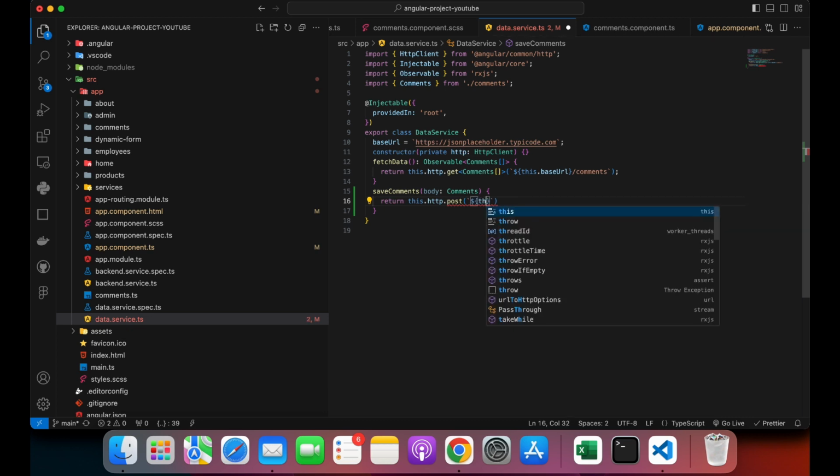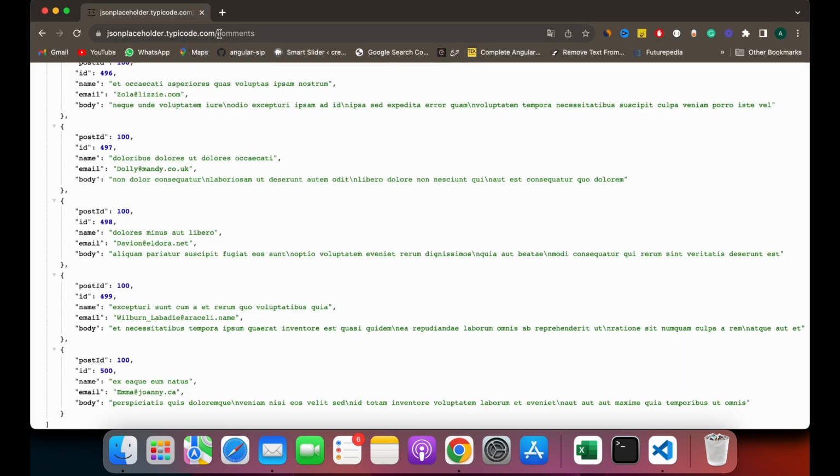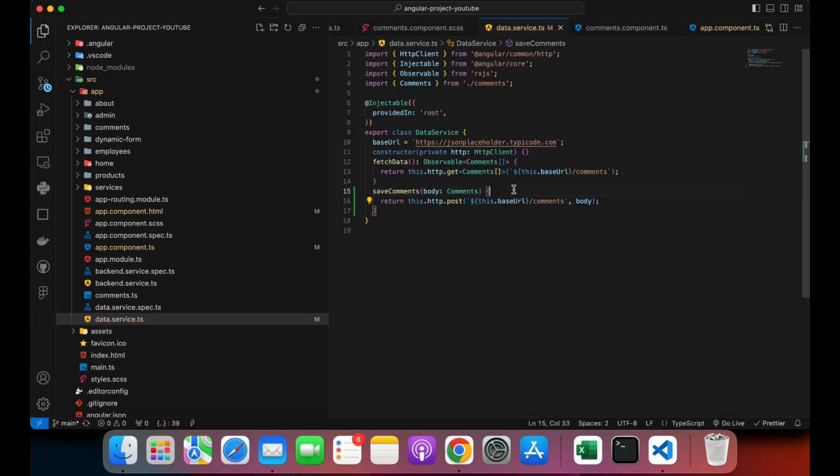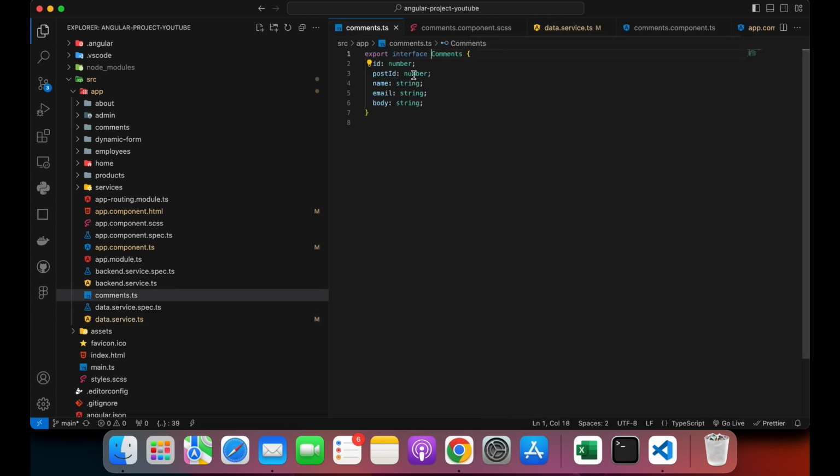So here we'll just pass the base URL and comments because we are sending the data to the comments, and the second parameter is the body we want to send. So our body is comments, and if we go to comments, you can see we have the ID, post ID, name, email, body,